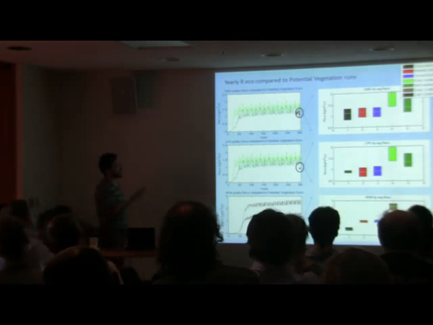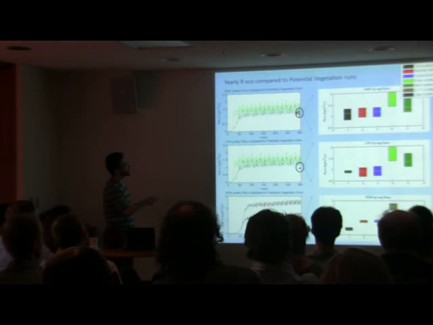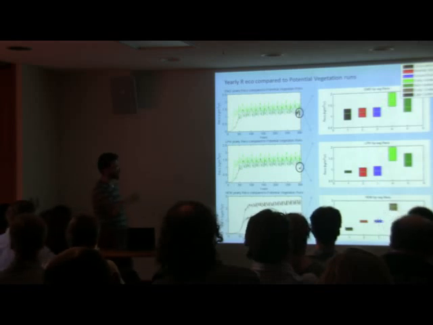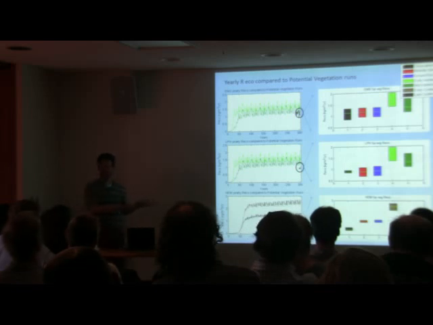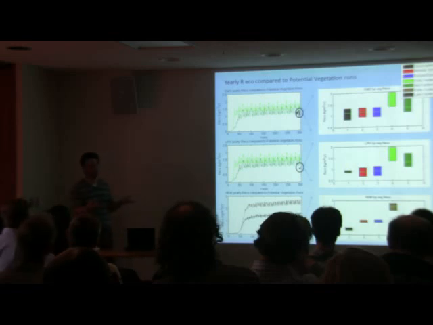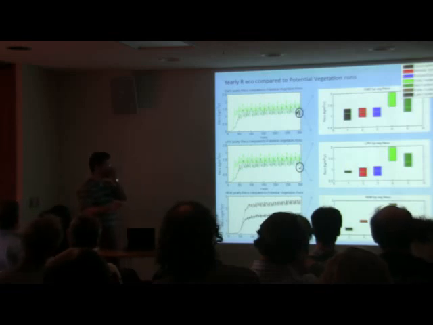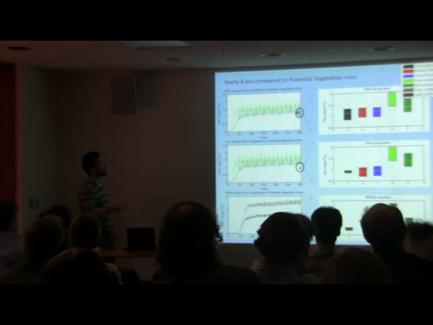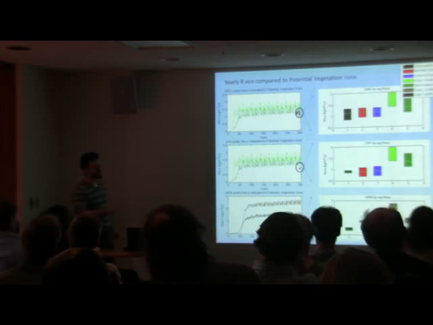This is the ecosystem respiration. Ecosystem respiration seems to be slightly more off. Again, this might be a problem with the process error of the model. So the decomposition model, I'm sure there could be some connecting point with some of the previous talks. Decomposition model may not be constrained appropriately, but nevertheless, it shows that the potential vegetation runs are not appropriate or not similar to what is observed at the ground or from remote sensing.